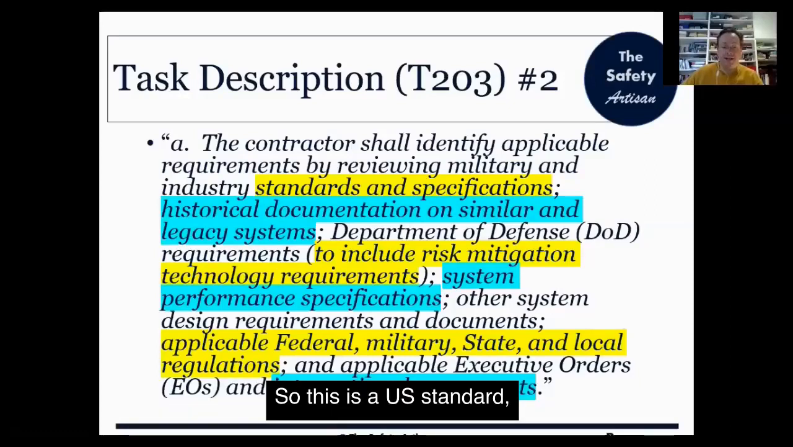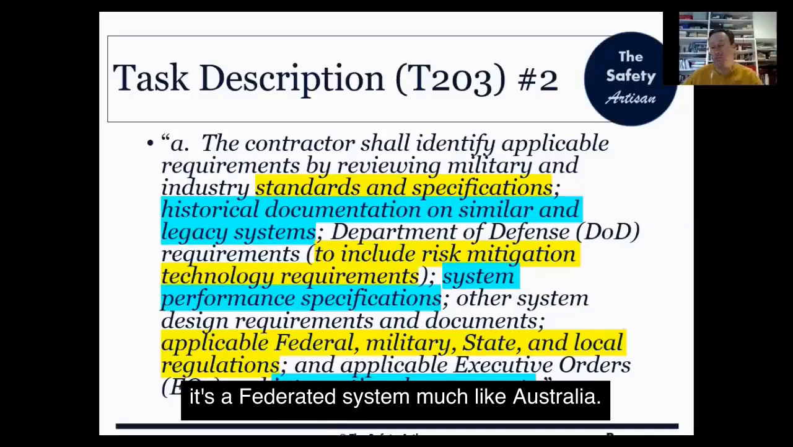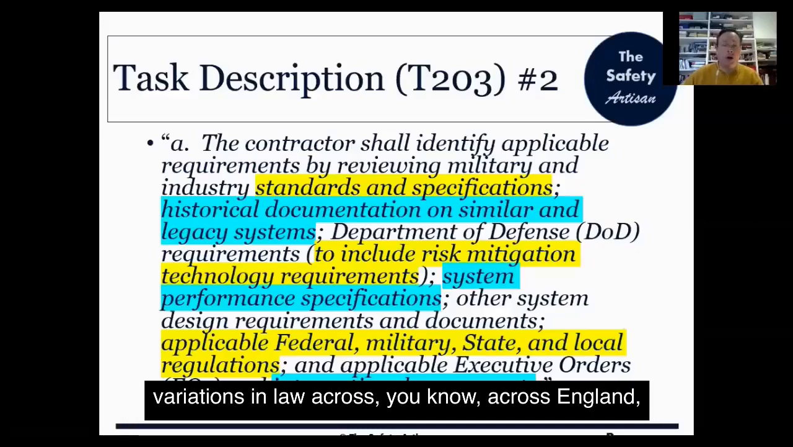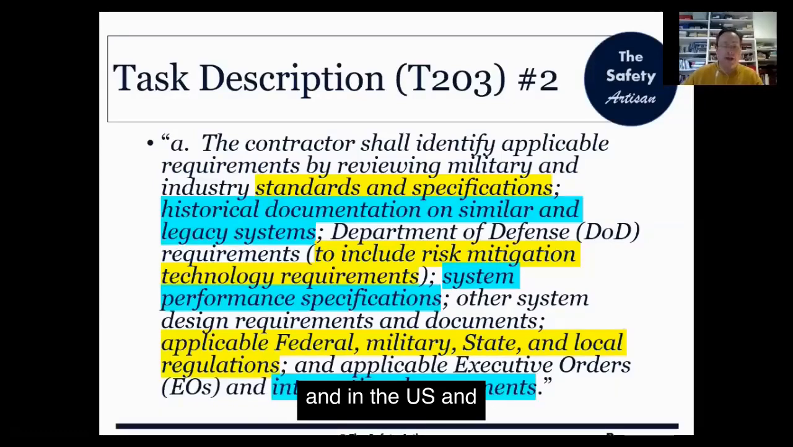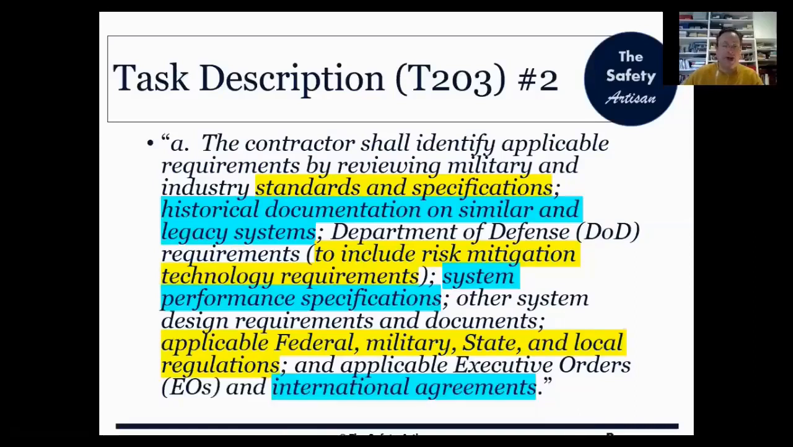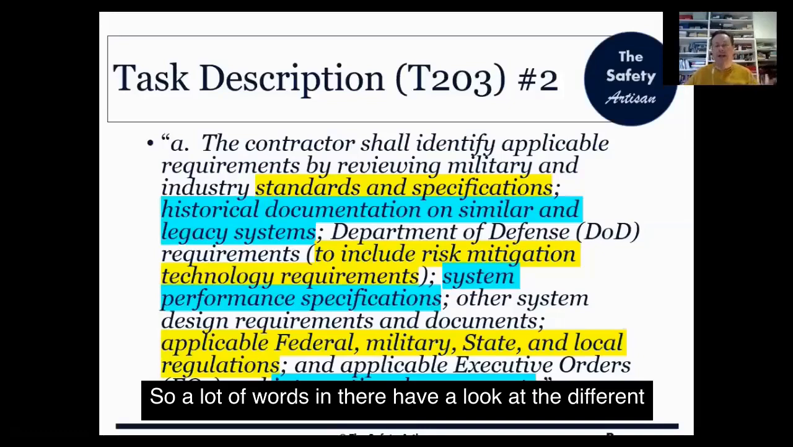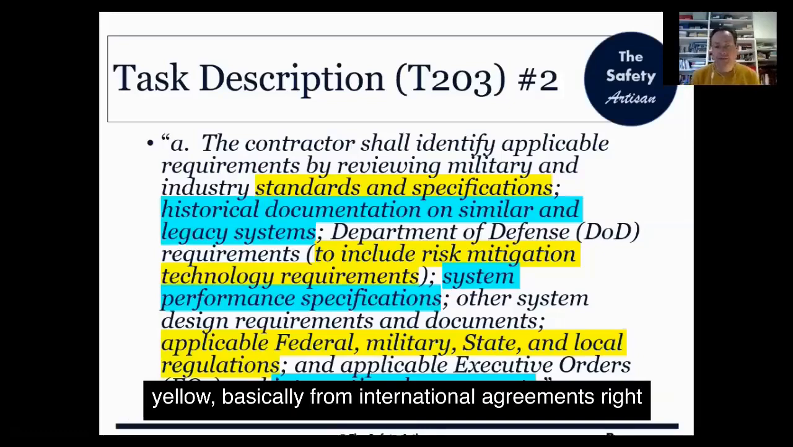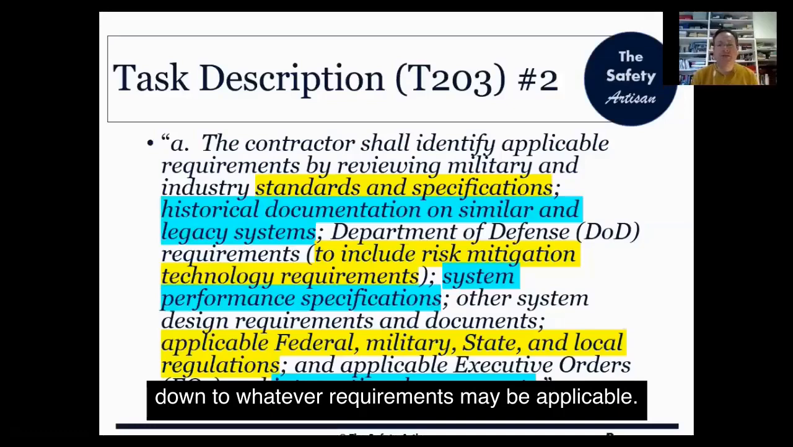So this is a US standard. It's a federated system, much like Australia, or indeed lots of modern states. Even in the UK, there are variations in law across England, Wales, Scotland and Ireland. And in the US and Australia, those differences are greater. So a lot of words in there. Have a look at the different statements that are in white, blue and yellow. Basically from international agreements right down to whatever requirements may be applicable